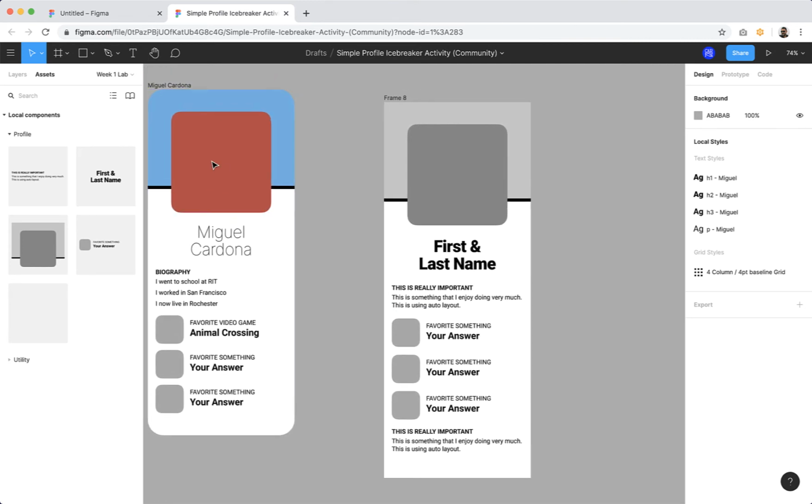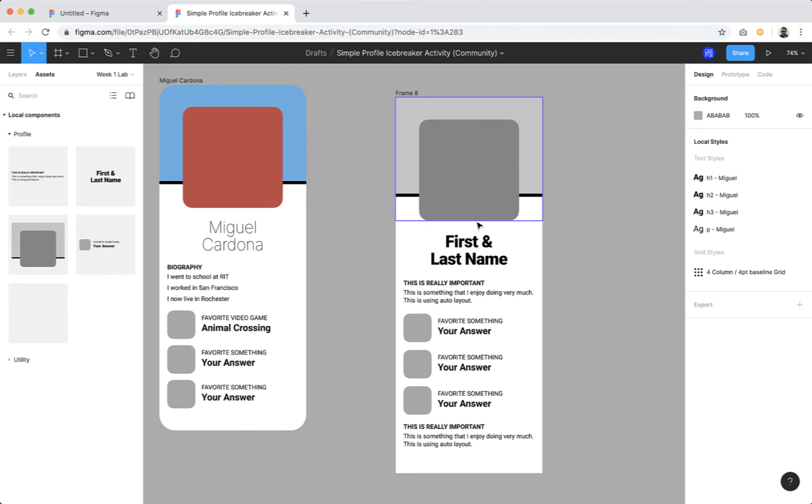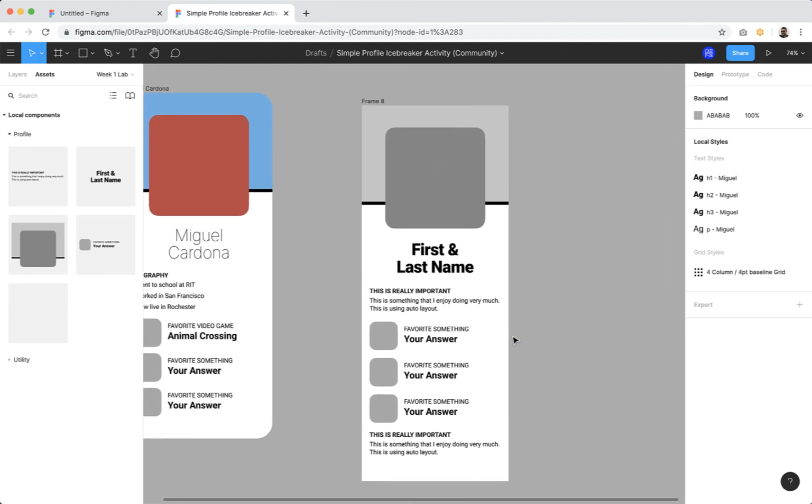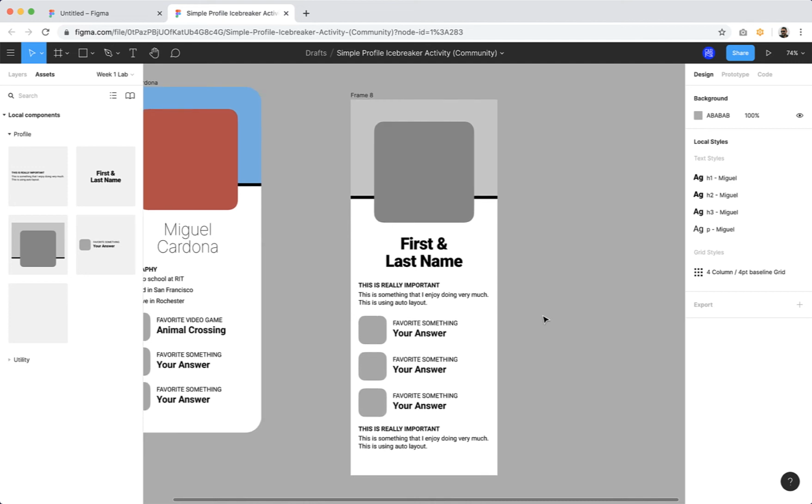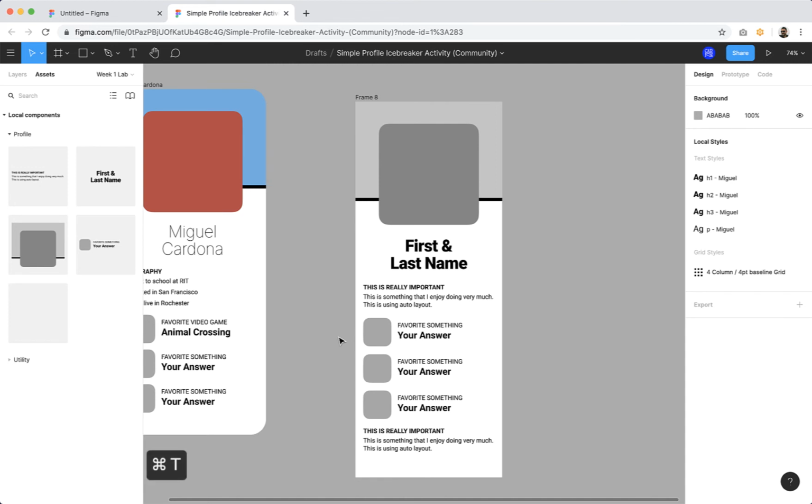Next, what I want to do is begin to think about how I am going to incorporate imagery into this space. As students are working on this, they're going to want to add an image to this background, an image here, and then images to represent each of their favorite things. They're going to customize this space. I'm going to show you the easy way to begin to incorporate images and work with images while working in Figma. So I'm going to grab a photo of myself